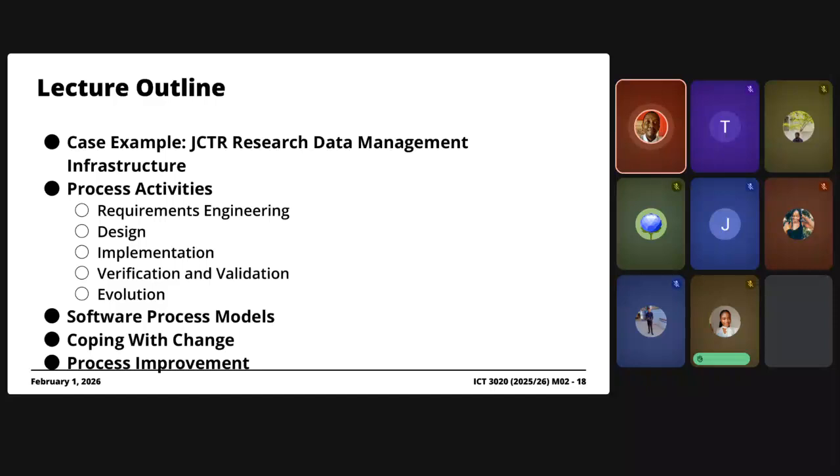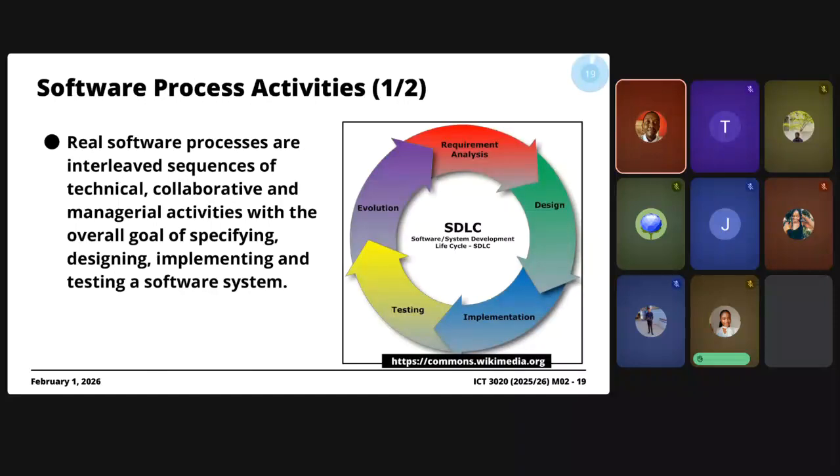In fact, our discussion of software process activities is essentially going to be a discussion of the SDLC. The idea is simple here. The activities that you undertake when you're developing software can typically be viewed as interleaved sequences of